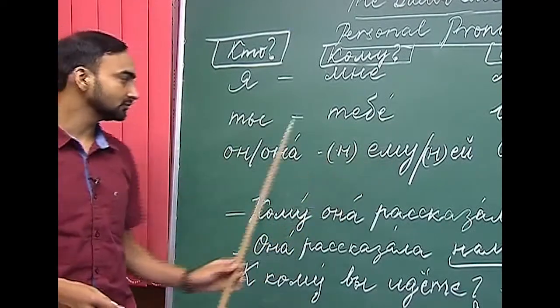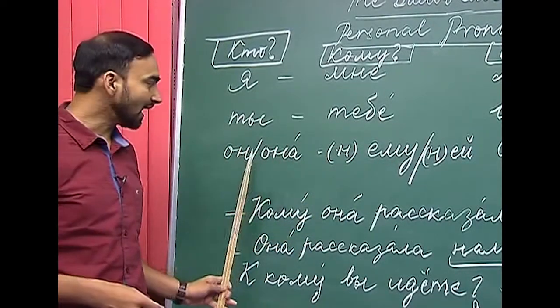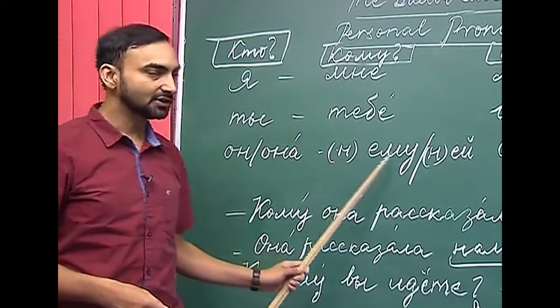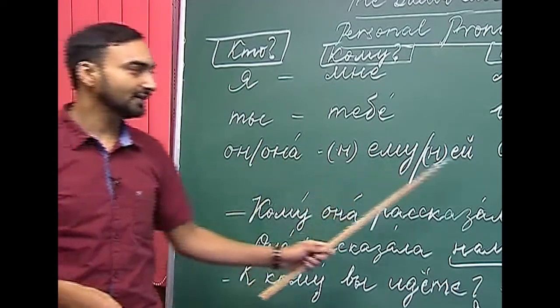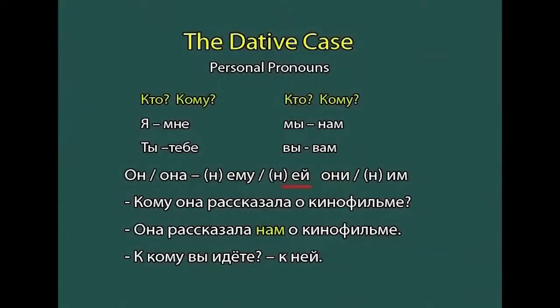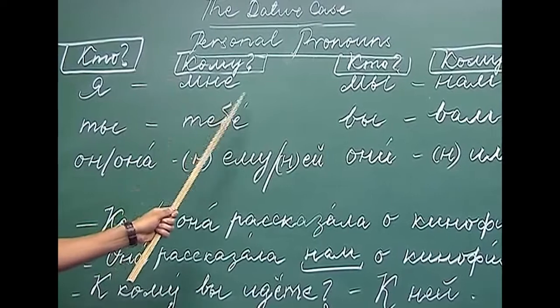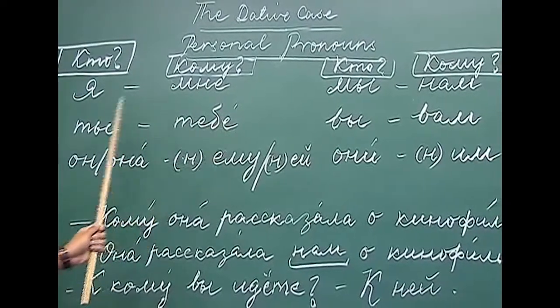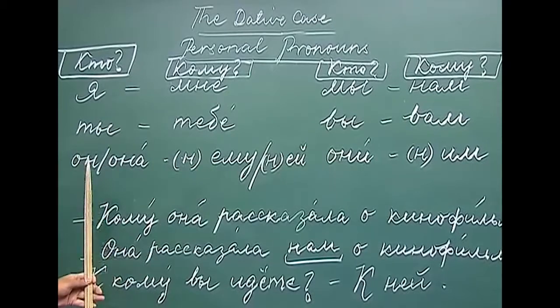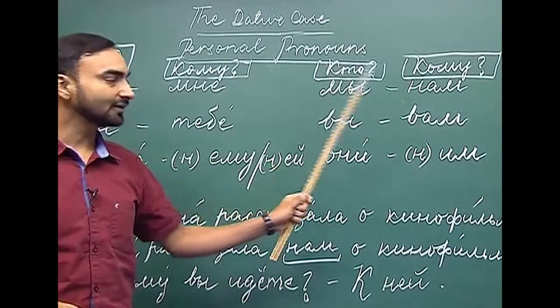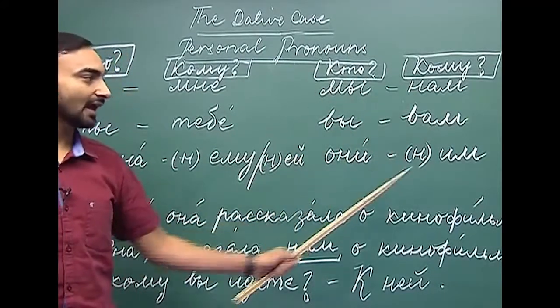On, yimu. And feminine gender ana changes to yei. So he, on, yimu; she, ana, yei. And third person plural number ani changes to im. Ani, im. So let's repeat all of them once again. Mne from ya, tibie from ti, yimu from on, yei from ana, naam from mui, vam from vi, and im